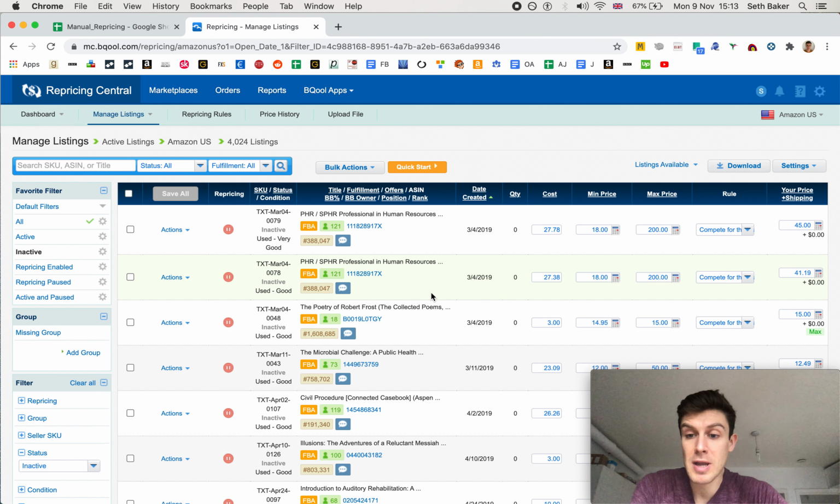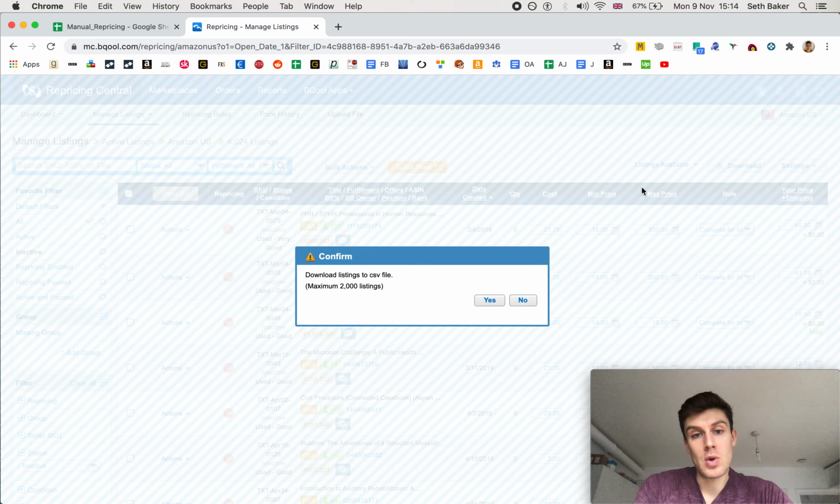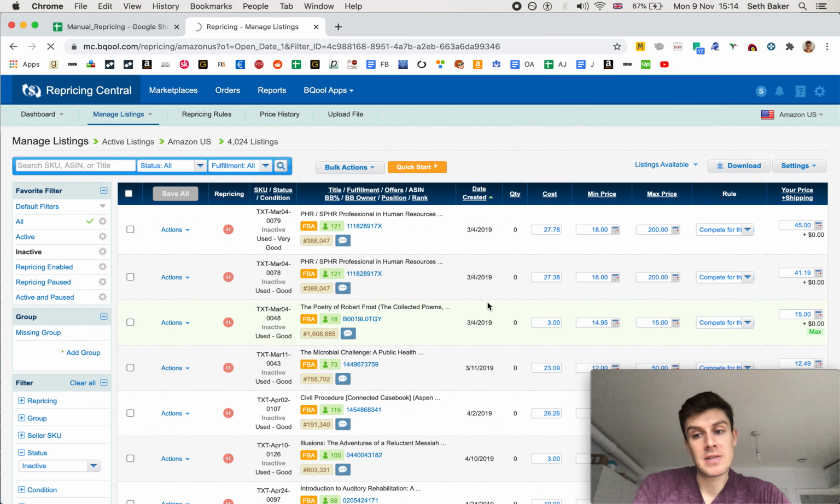The first step of this process is what I've got currently up, the inactive listings, because these are a bunch of rubbish books that I don't mind showing you guys. But if you're doing it with your proper active books, you would click on this active and paused button, then go download and download this into a CSV file. This step is required because, as I'll show you on the Google sheet, you need to convert